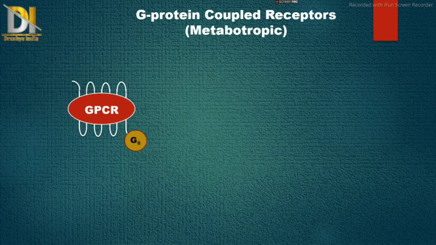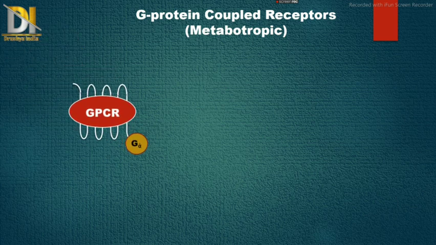This is heptahelical, meaning 7 helices are present, out of which 3 helices are present outside the membrane and 4 are present inside. It has 3 subunits, that is alpha, beta and gamma. When these three subunits along with GDP are present, then the G protein is in an inactive state. Currently it is in an inactive state.